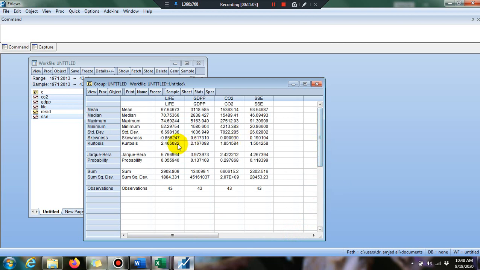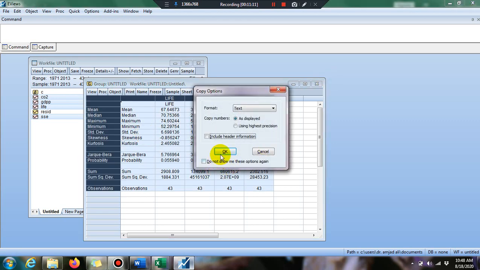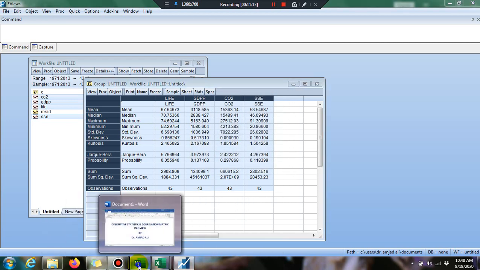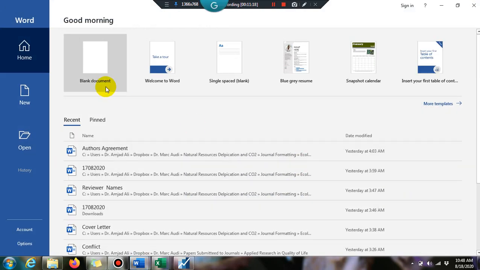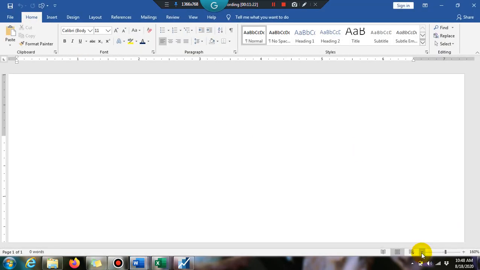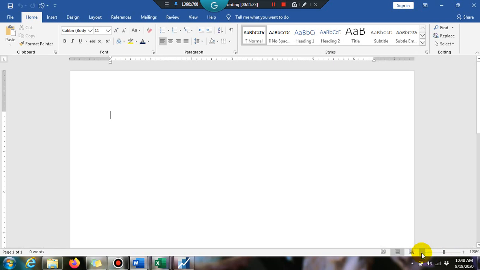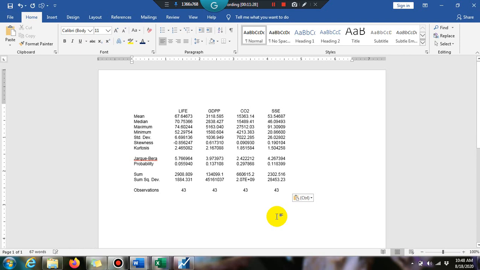So this type of window will open in front of you. Normally the practice is to press Control A, Control C, and then open a new Word file. I have opened a new MS Word file for you. Copy and paste your material here. This is the eViews outcome.